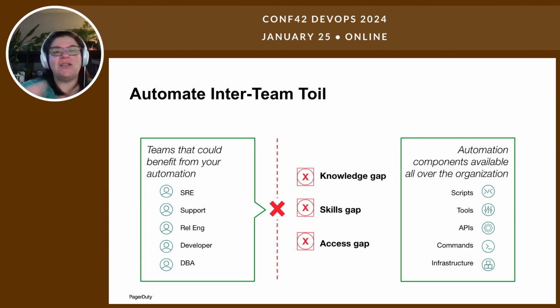But it's hard to share all of the things on the right with all of the people on the left, because they don't know all of the same things and they don't have all of exactly the same skills. And importantly, they also don't all have exactly the same access, right? Which is another issue that always pops up.